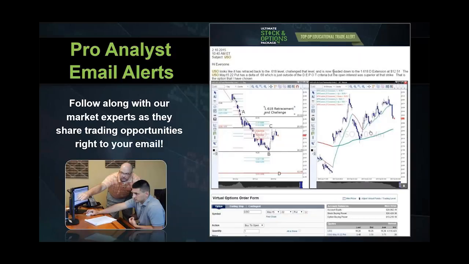We'll send you out those email alerts as you're going through learning how to do this, kind of like being an intern. While you're taking some time learning how to do all this, we'll send you out email alerts like the one we sent out today for Netflix, helping you to take advantage of trading opportunities.